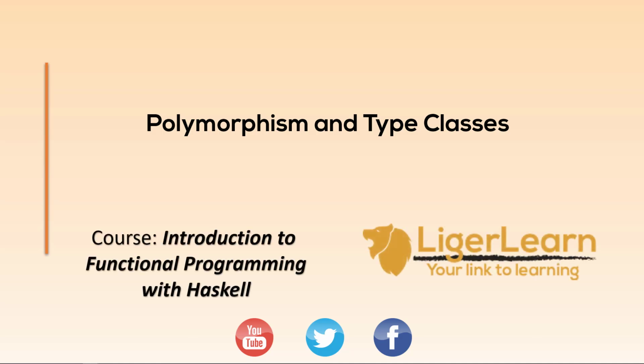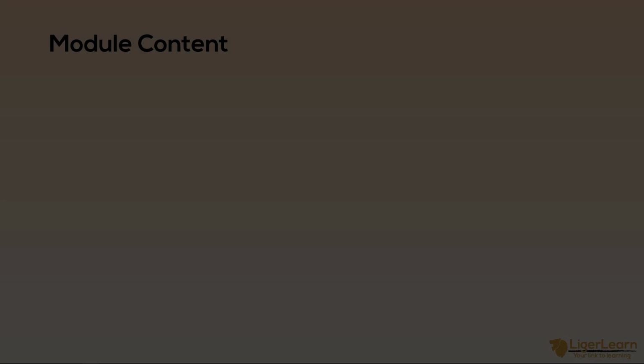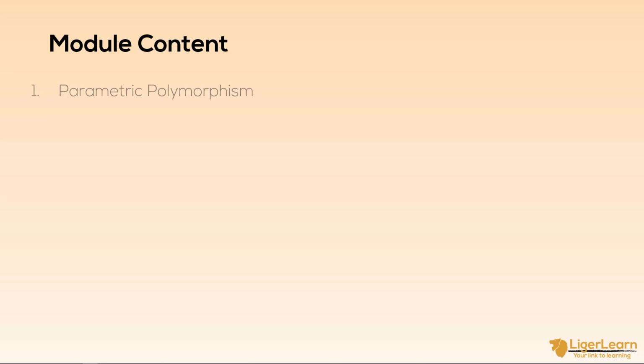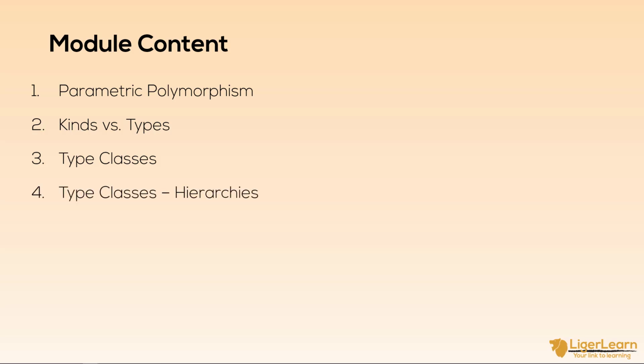In this module, we will learn all about polymorphism and type classes. We will begin the module by discussing what is known as parametric polymorphism, and then move on to looking at the difference between something called kinds and types. Then we'll look at type classes, a very important topic within Haskell. We look at type class hierarchies, and then take some time to focus on the numeric type classes in the